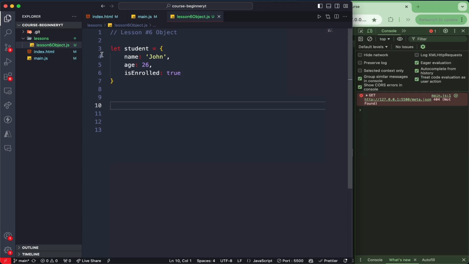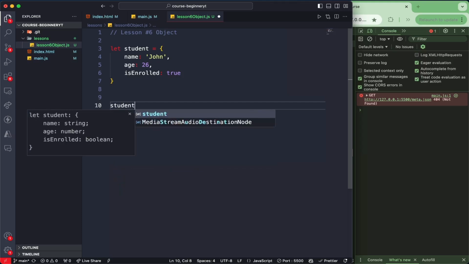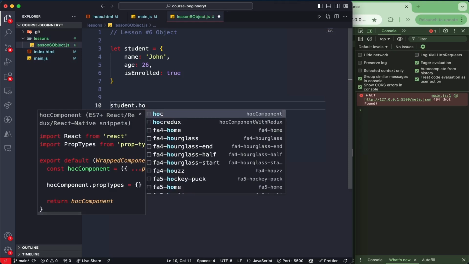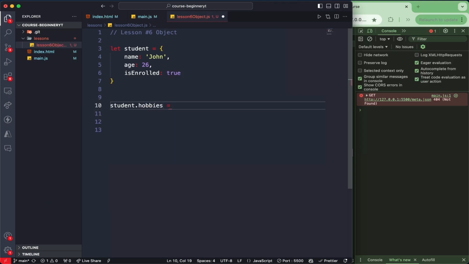Now we're gonna be talking about nested objects. The student now is gonna have something, right? Now we can just add them. We're gonna do student dot hobbies, of course. Hobbies, when I add an object in there, I'm gonna say hobby